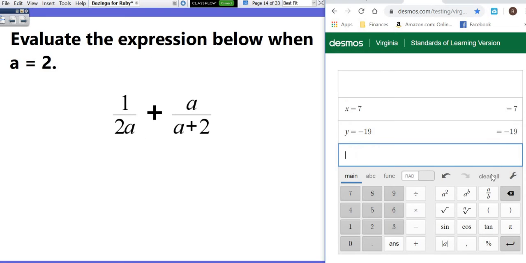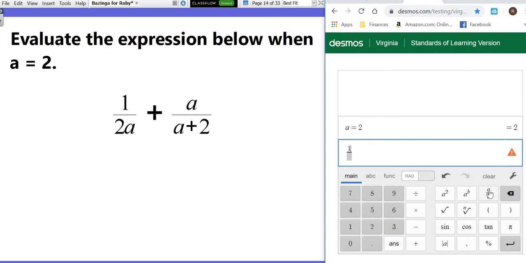All right, we've got another one that's very interesting. So let's start with A equals 2. We know our variable is equal to 2. And we're going to have two fraction bars, or two fractions here. So let's start with the first one. 1 is on top, and then 2A is on the bottom. Then we're going to have to click out or use a right arrow to move over, plus, and then I'm going to click on the A over B again. A is on top, and A plus 2